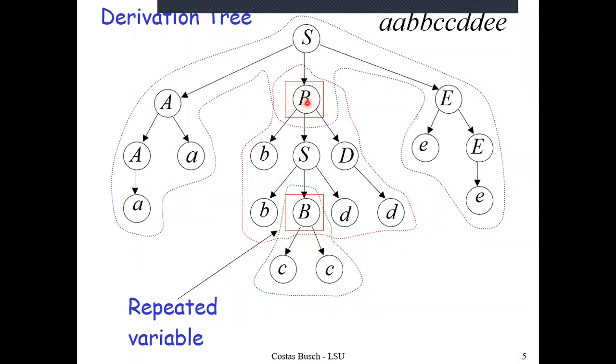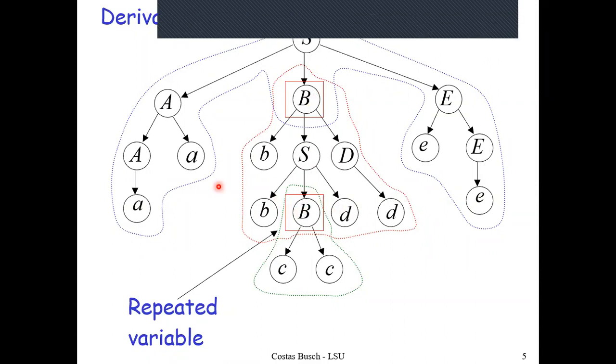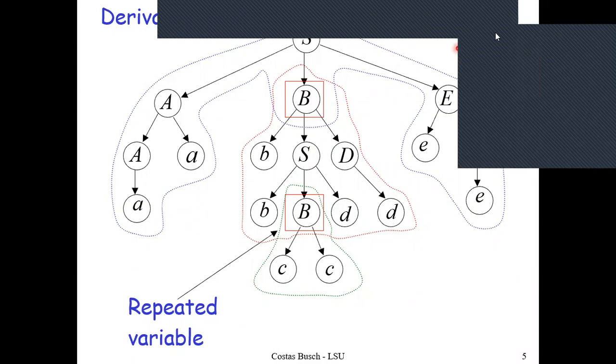The first appearance of the B serves as the root of the middle tree, and the second appearance of the B is one of the leaves of the middle tree. Not only is it a leaf of the middle subtree, but it also serves as a root for the innermost tree. So let us discuss a bit about the yieldings of these subtrees themselves.